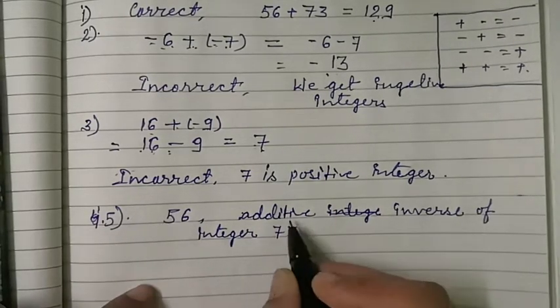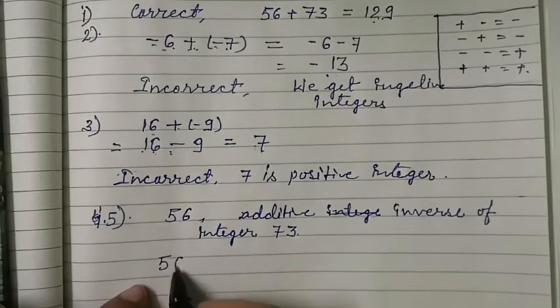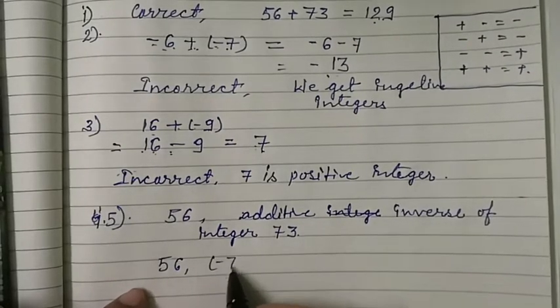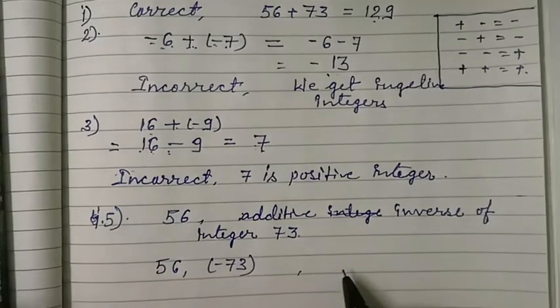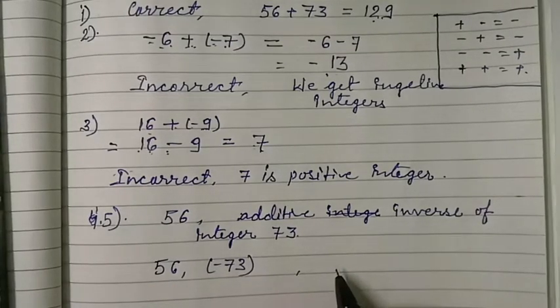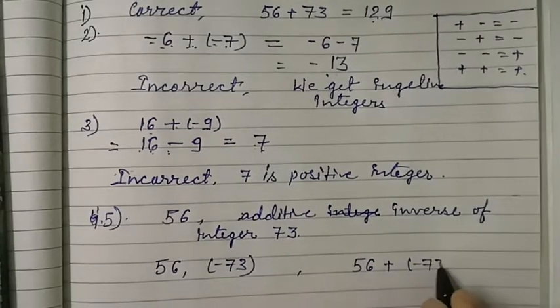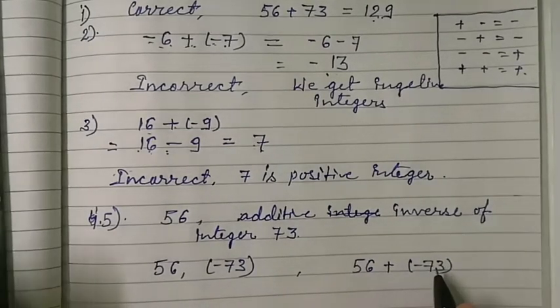So the additive inverse of integer 73 will be minus 73. And here the question is telling, when we add 56 plus minus 73, then that is being